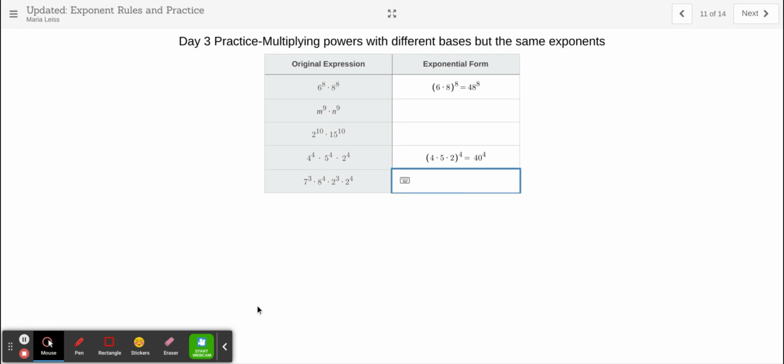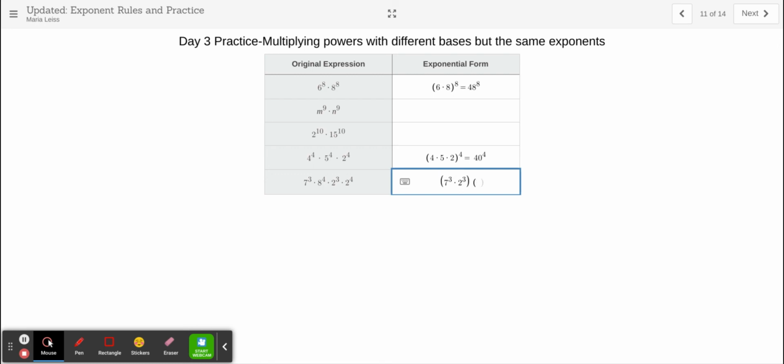And then this last one, you're just going to have 2 different powers as your answer. The 7 to the 3rd can't get combined with the 8 to the 4th because they don't share the same exponent. So I have to find another power that's a 3. 7 to the 3rd can go with 2 to the 3rd. I can put those together. 7 to the 3rd times 2 to the 3rd. And then that leaves me with multiplying